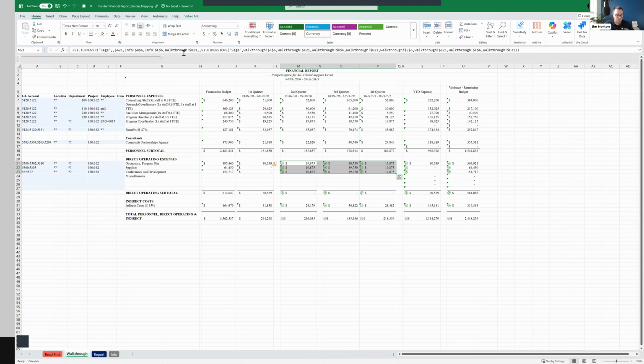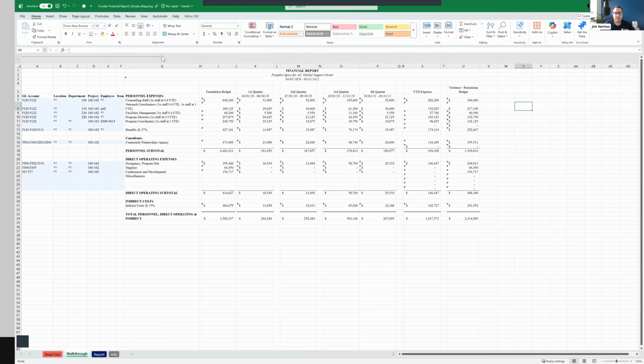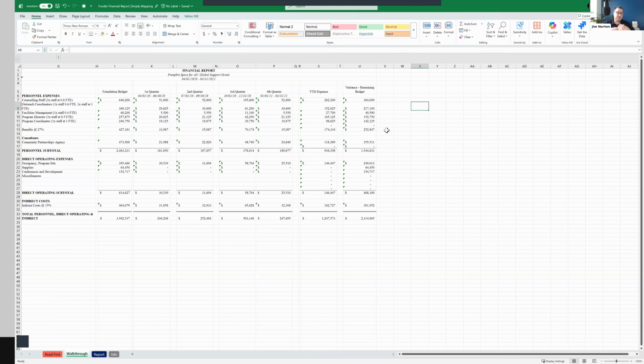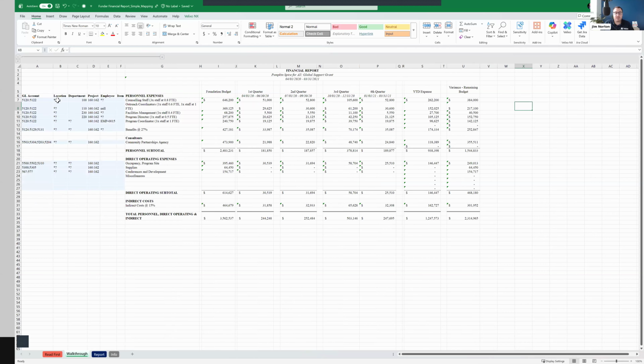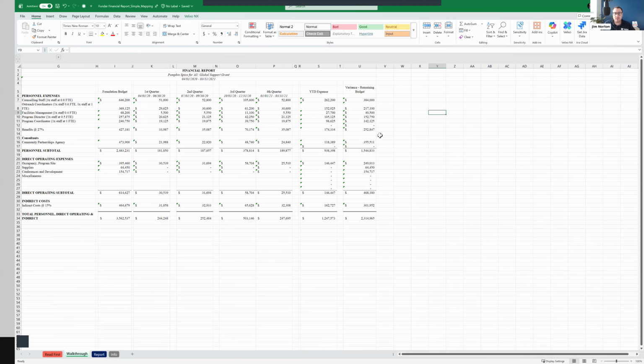Now, when you consider that once I've done this once, I never really have to do it again, that's pretty powerful. Okay, so if I close this up, I now have the funders line items mapped to my GL account and dimensions with flexibility to change it, of course. If something does change, I can change this over here, but this is done.